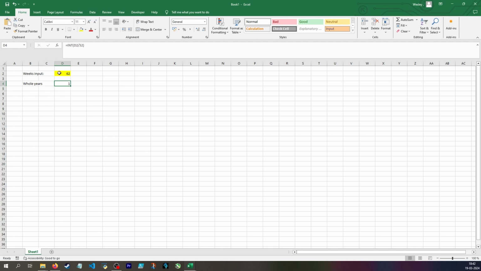I can then get how many weeks I have remaining by taking the week input and subtracting the number of whole years multiplied by 52. I then need to convert the number of remaining weeks into the number of whole months, where I can use the same process. I'm going to assume that a month is exactly 4 weeks, which isn't accurate, but I can live with it. And here I don't want to round down, because if I have 2.5 months, I want to